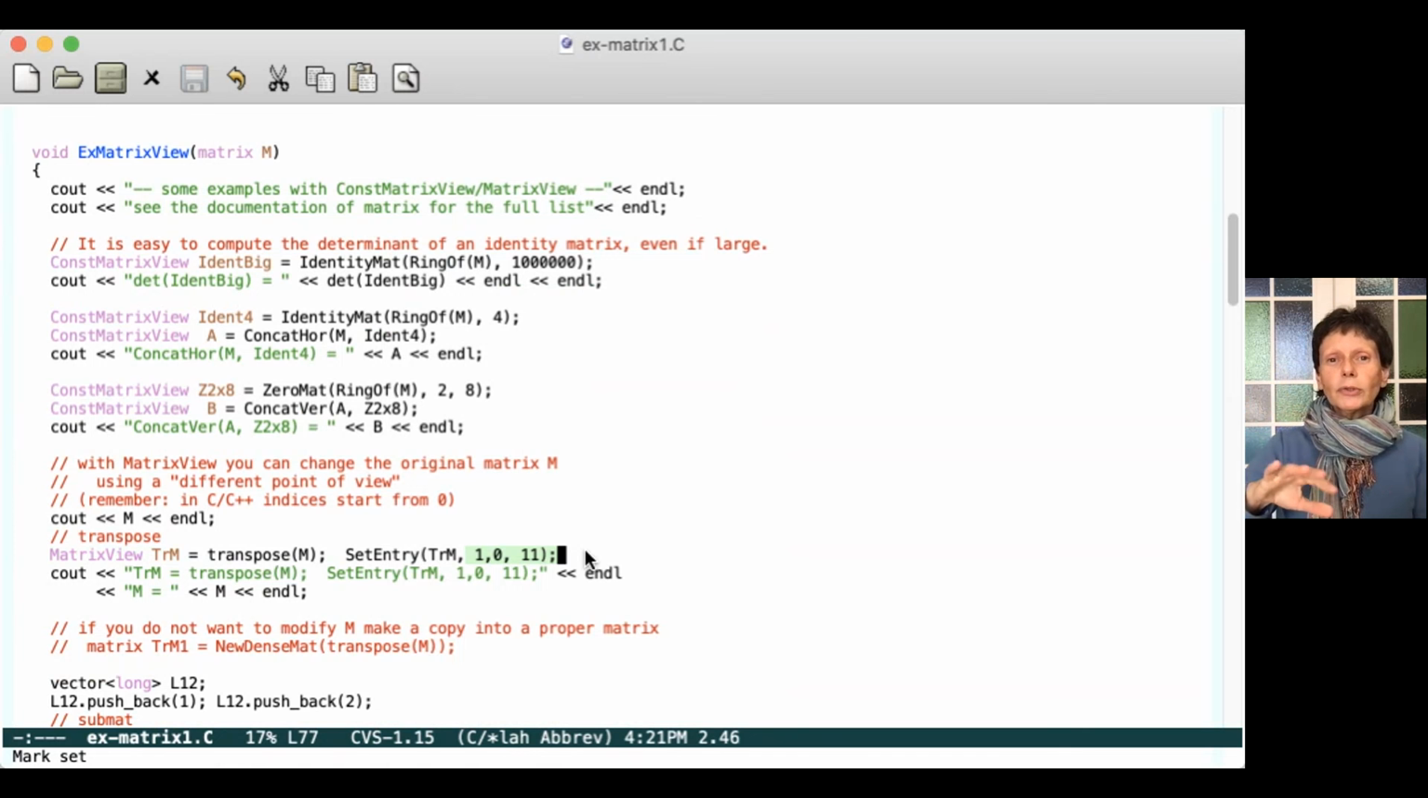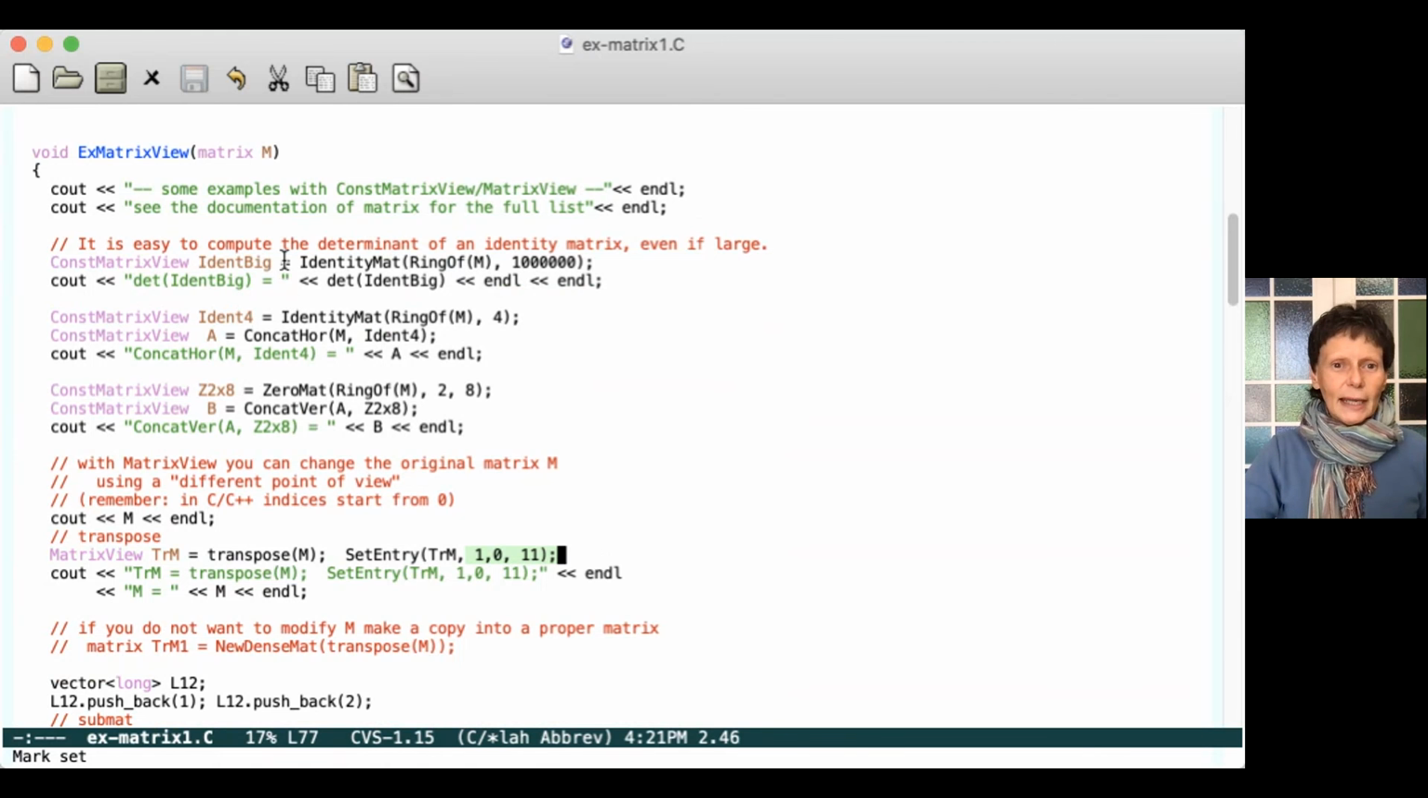If I really want to create a new matrix, I must explicitly say that I want to create a new matrix by copying the matrix view. So I can create a matrix which is a copy of the transposed of M. And then there are